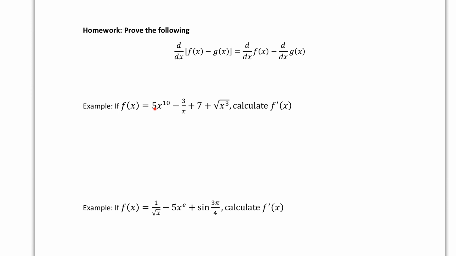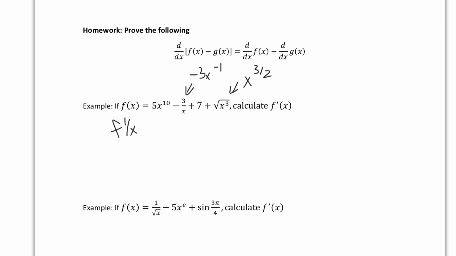We have f(x) equal to 5x to the 10 minus 3 over x plus 7 plus the square root of x cubed. So, of course, we could rewrite this here as negative 3x to the negative 1, and we could rewrite this as x to the 3 over 2. It's a good idea to have your powers of x written explicitly as powers of x, so you can use